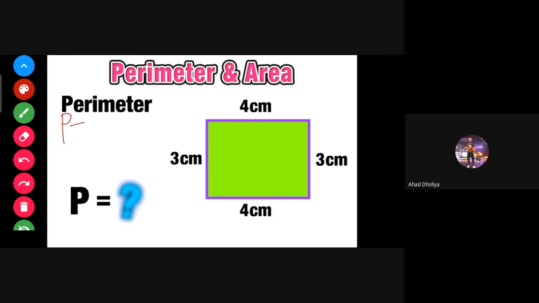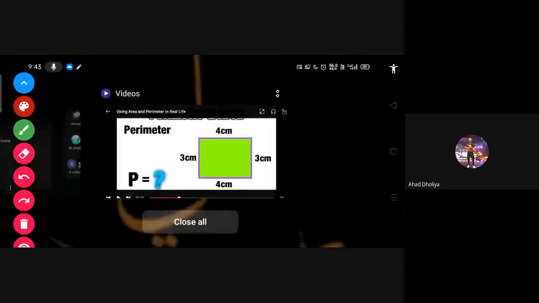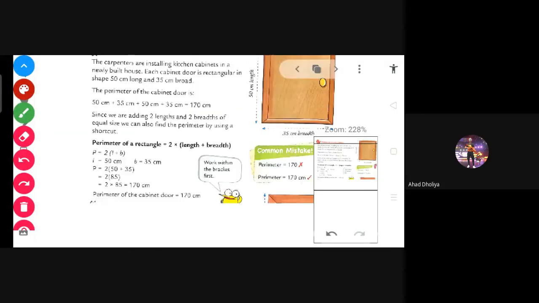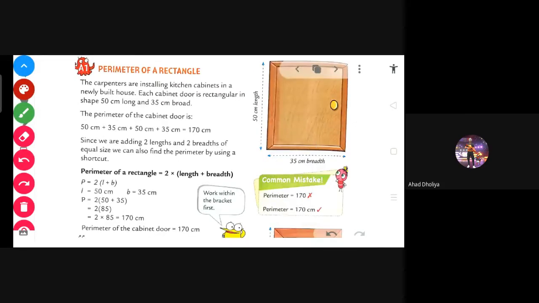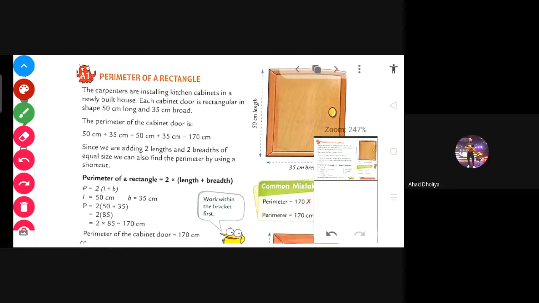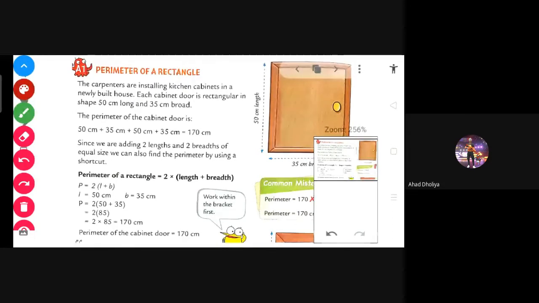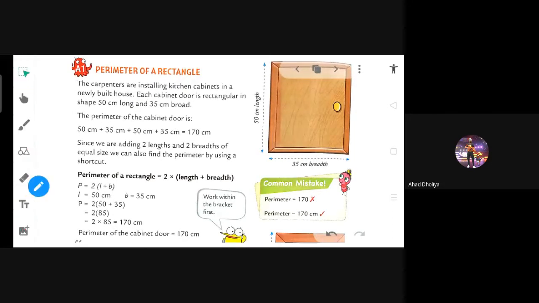So you can see the formula, using formula now we will learn. So I'm showing you textual explanation also, that you can see in the textbook how it is given. This is your textbook and I don't know the page number. So those who have a textbook, please say the page number. Who has textbook? What, ma'am? So say the page number to me.